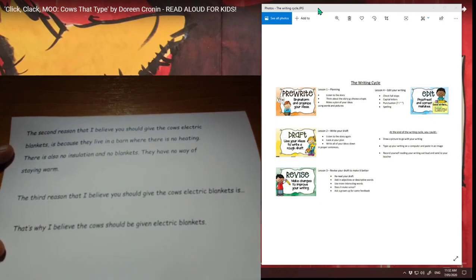The second reason that I believe you should give cows electric blankets is because they live in a barn where there is no heating. That was my second reason that I wrote on my plan. Now I need to give a little bit more evidence as to why having no heating is a problem for the cows and why they need electric blankets. So I have written,